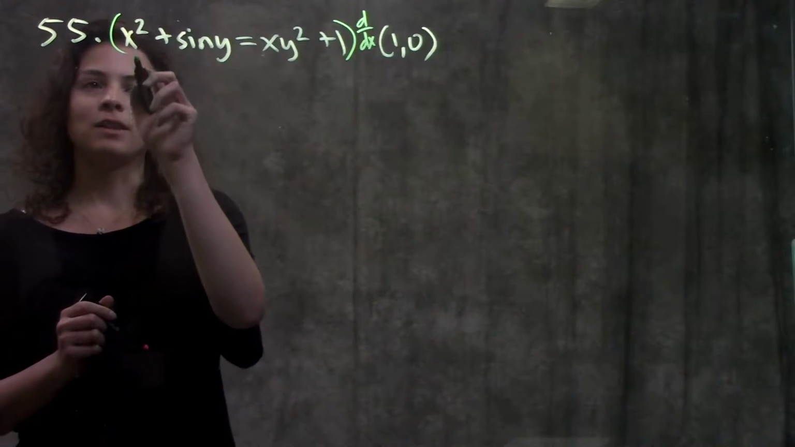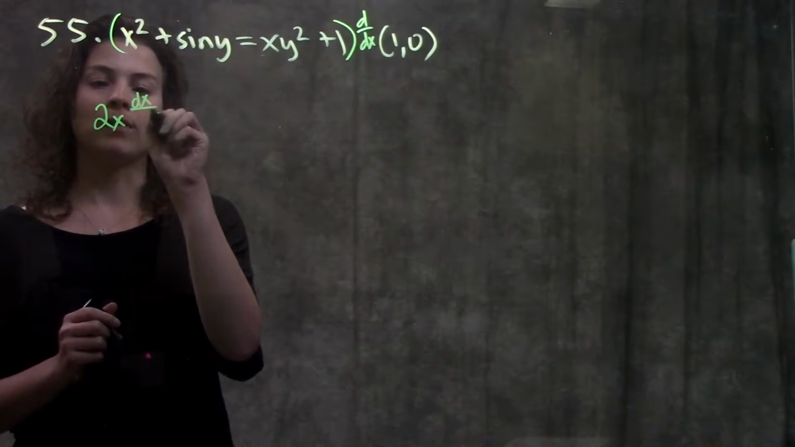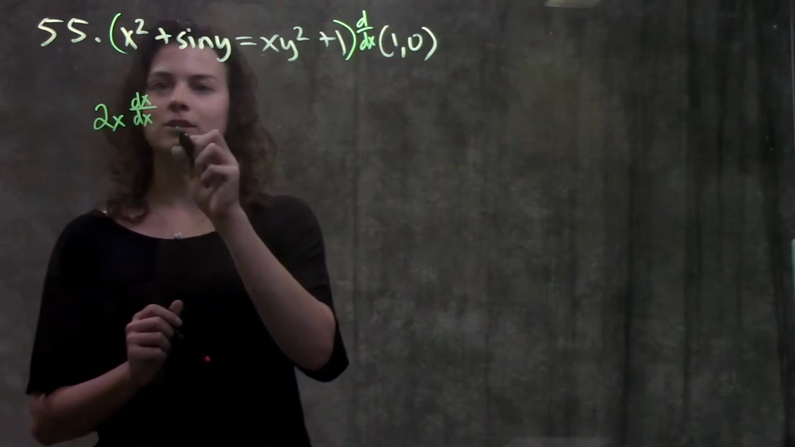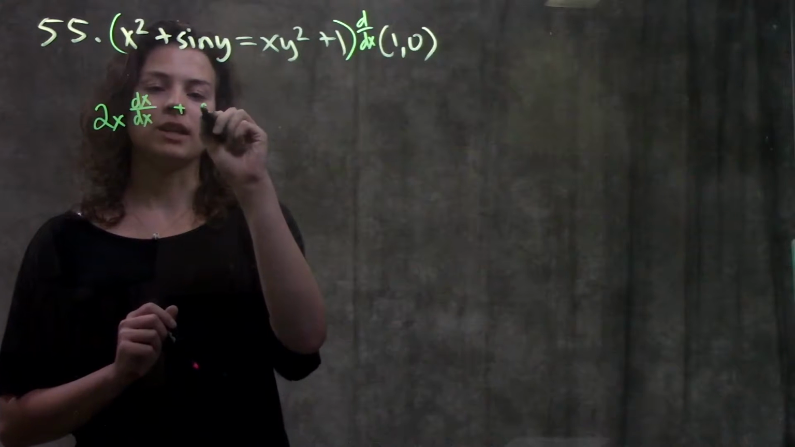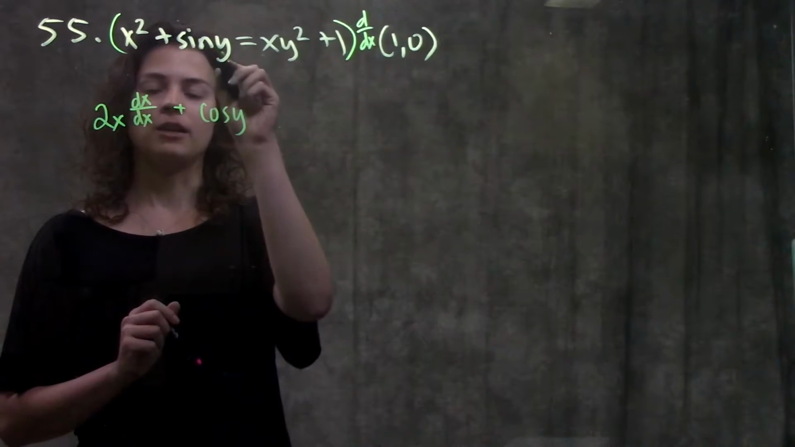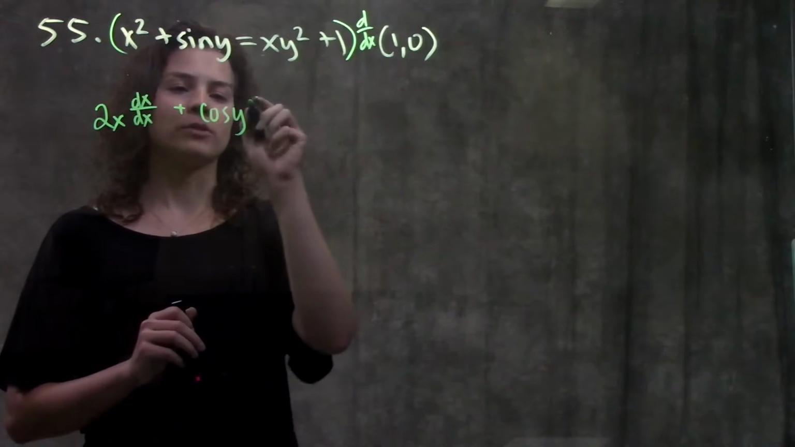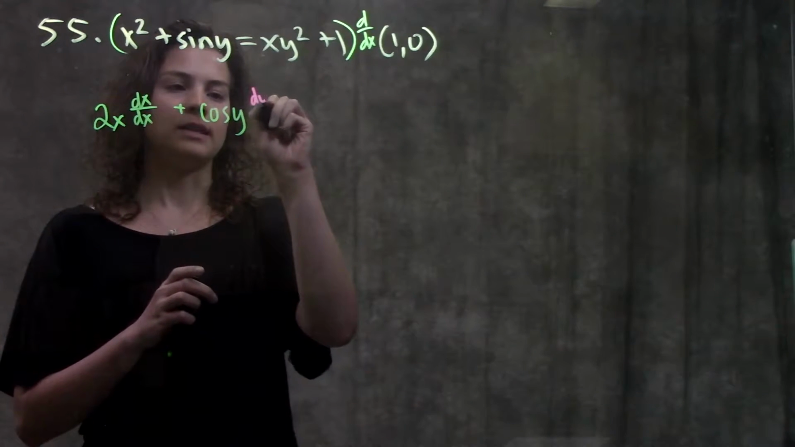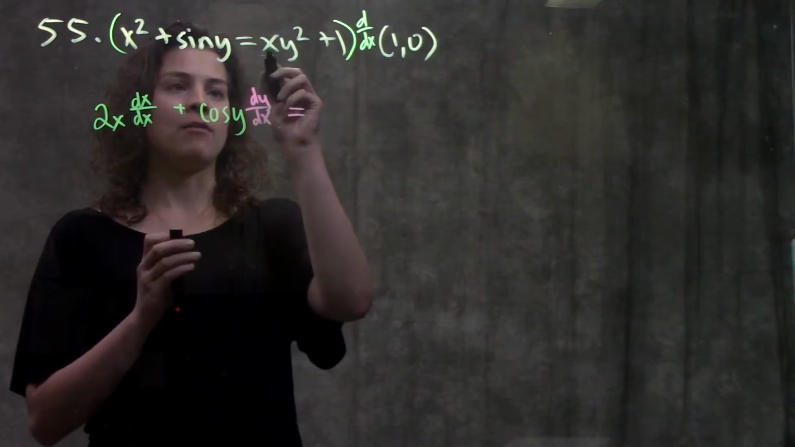So here I get the derivative of x squared is 2x times the derivative of x with respect to x, dx over dx, plus, same thing here, derivative of sine y is just cosine y, and using chain rule, you go into your innermost function, which is y. The derivative of y with respect to x is dy over dx, equals,